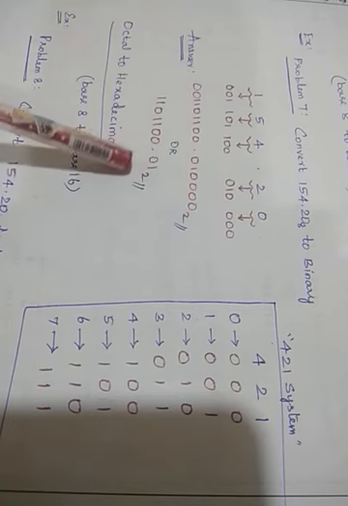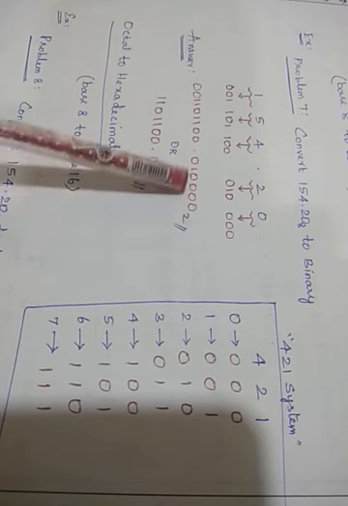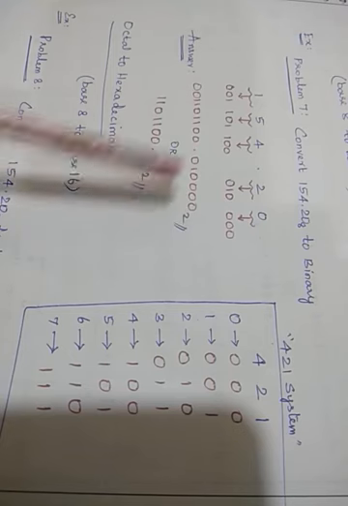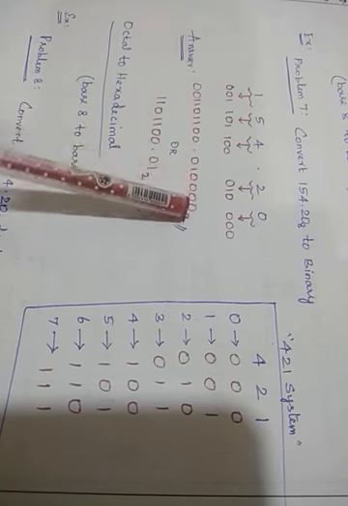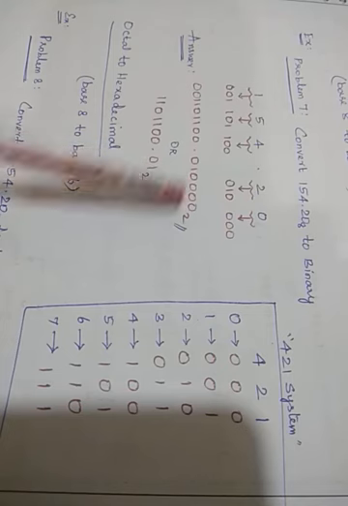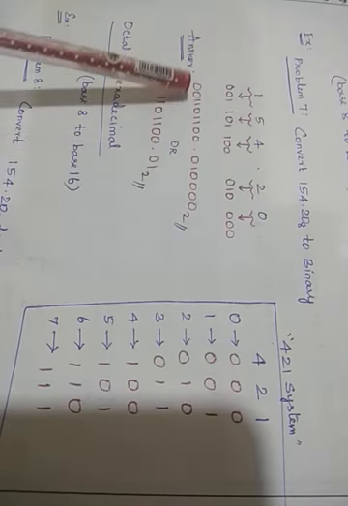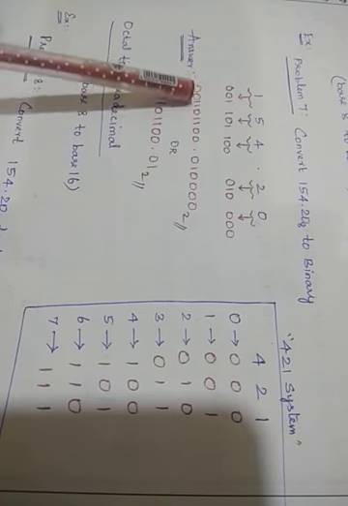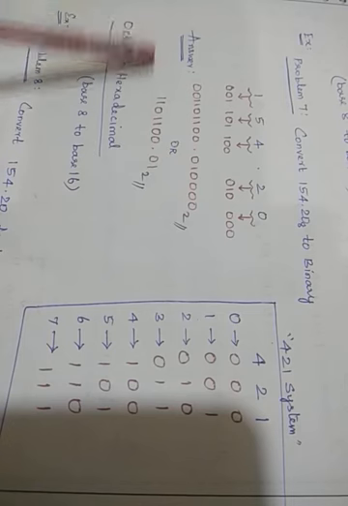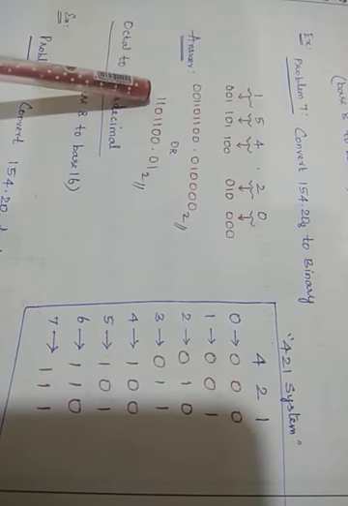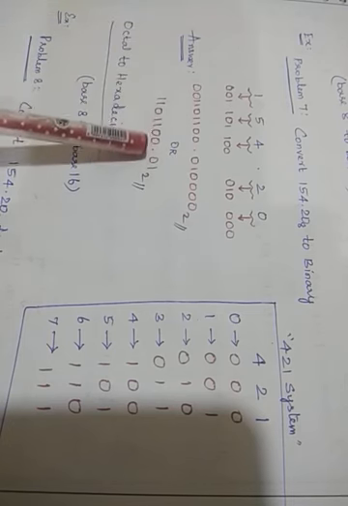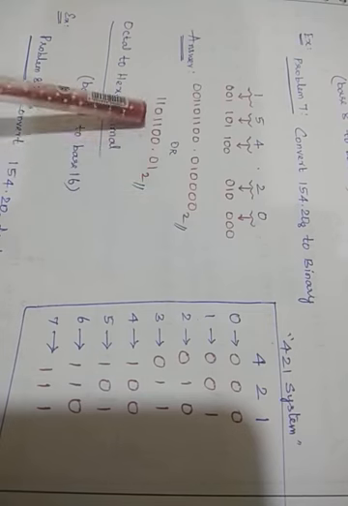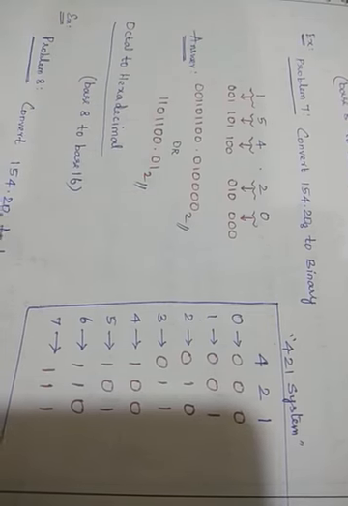And this is the answer we got: 001101100.010000. So after the decimal point, these zeros have no value. So we can remove the zeros after the 1. And before this 1 also, 2 zeros are there, no? These 2 zeros don't have any value. You can remove them. So this is the final answer, 1101100.01. This is the binary equivalent. I hope you understand how to convert octal to binary.